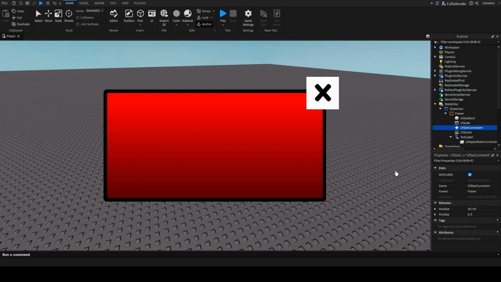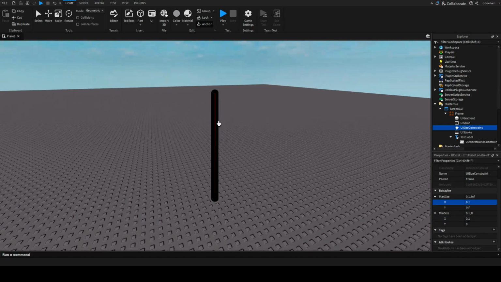And finally, there is UISizeConstraint, because this allows us to say that our GUI frames must be within a certain size. There's max size and minimum size. I'm pretty sure these are set in scale. So let's see, if I change this to 0.1 and set the match scale to 0.1, yep, on the x-axis then it will stay 0.1. If I still put the match to 0.5, the match size,